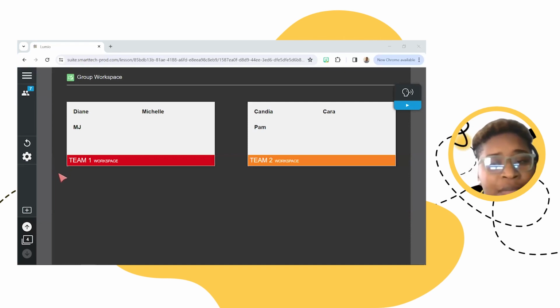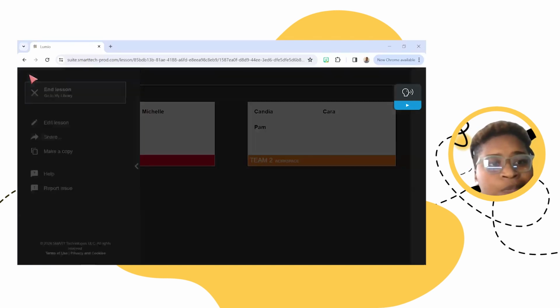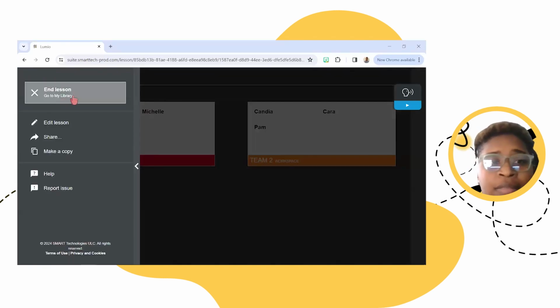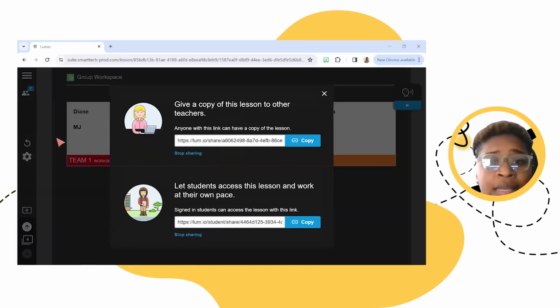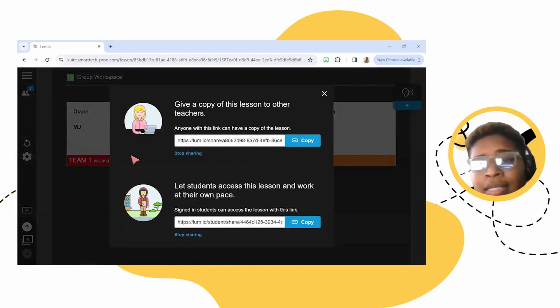Now, when you're ready to end a lesson in Lumio as the teacher, in the top left corner, you'll notice 3 lines, and the top option is End Lesson. Another option you have in that menu is to share, and that is what you would click if you wanted to provide a copy of your lesson to a colleague